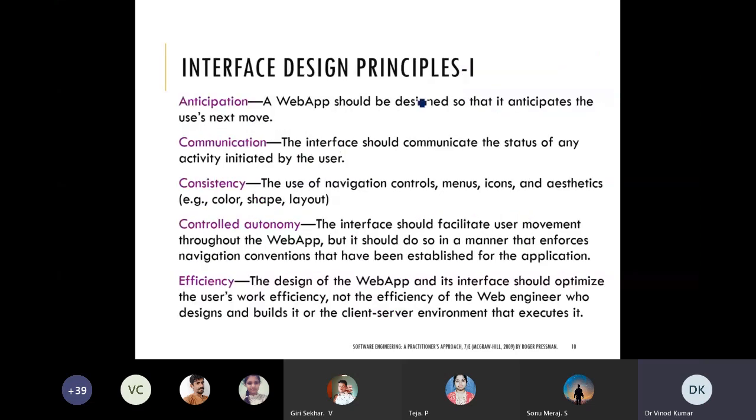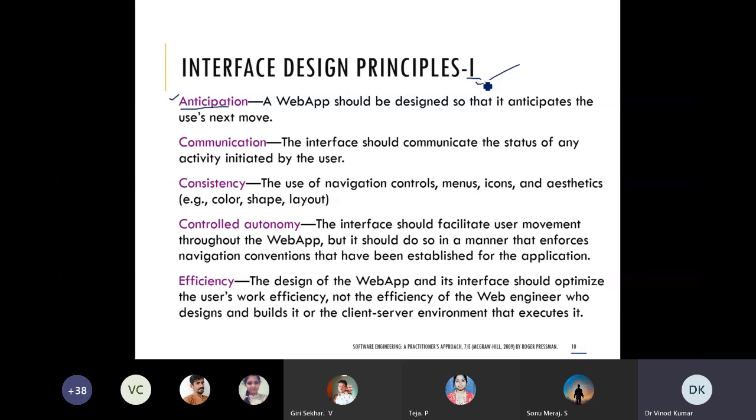So, interface design principles for web apps. Anticipation: a web app should be designed so that it anticipates the user's next move. Suppose I am at slide number 10, interface design principle 1.